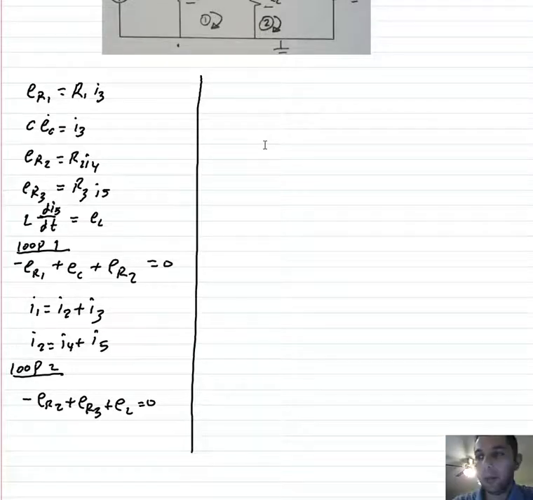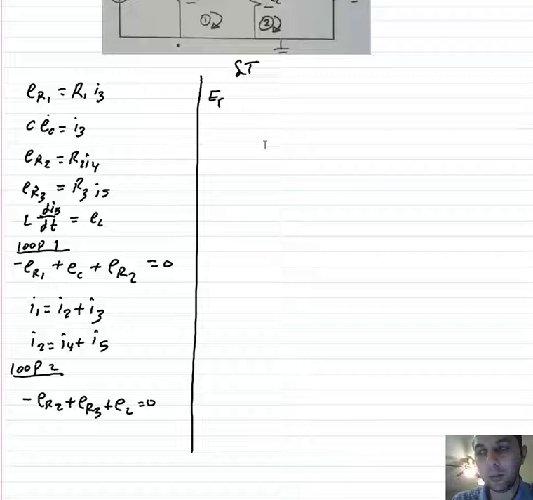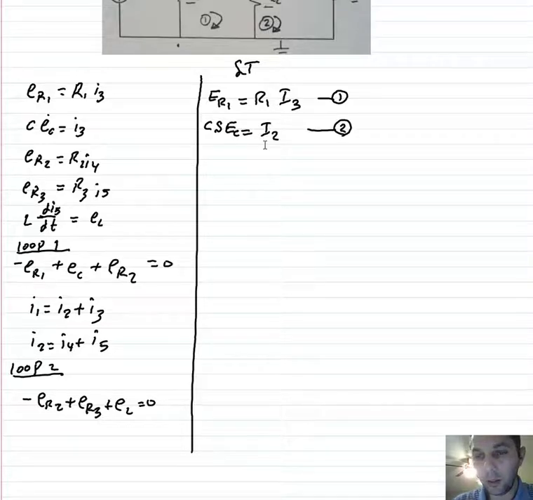So we will apply Laplace transform for the equations listed here. So we have ER1 is equal to R1 current 3, this is equation 1, and we have CS EC is equal to the current 2, this is equation 2,